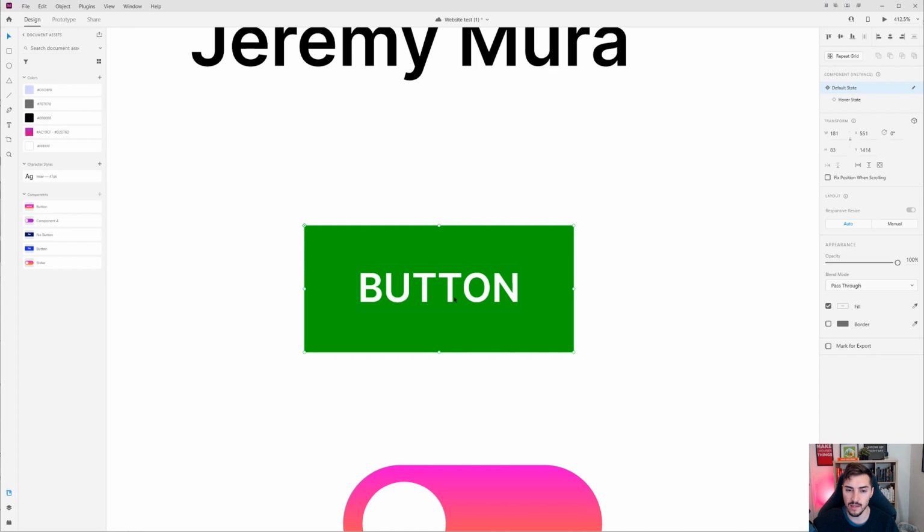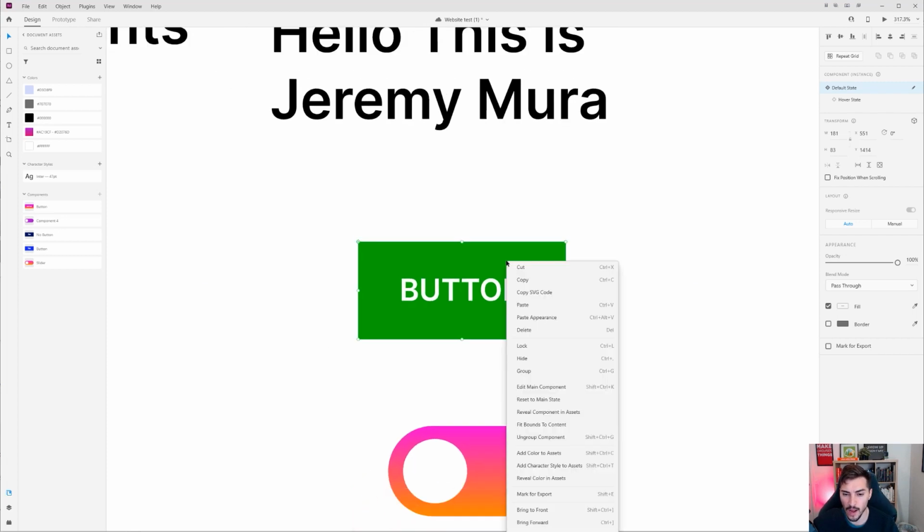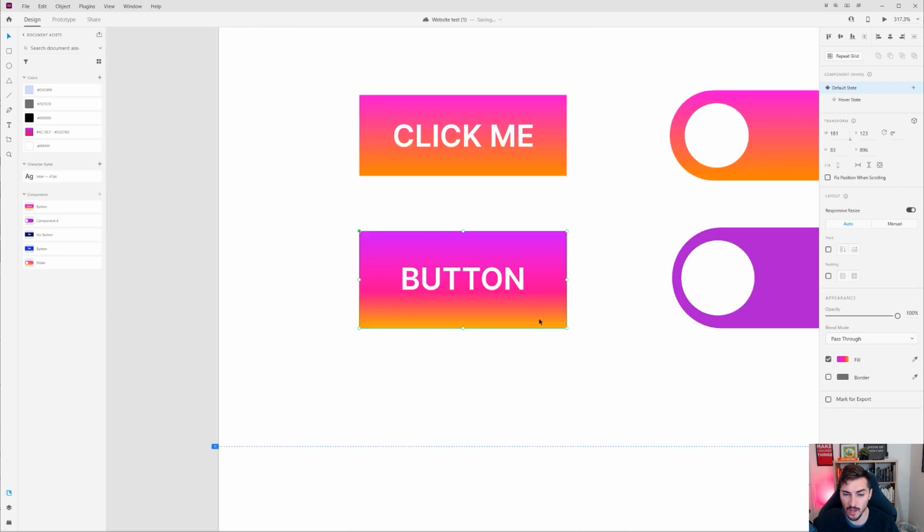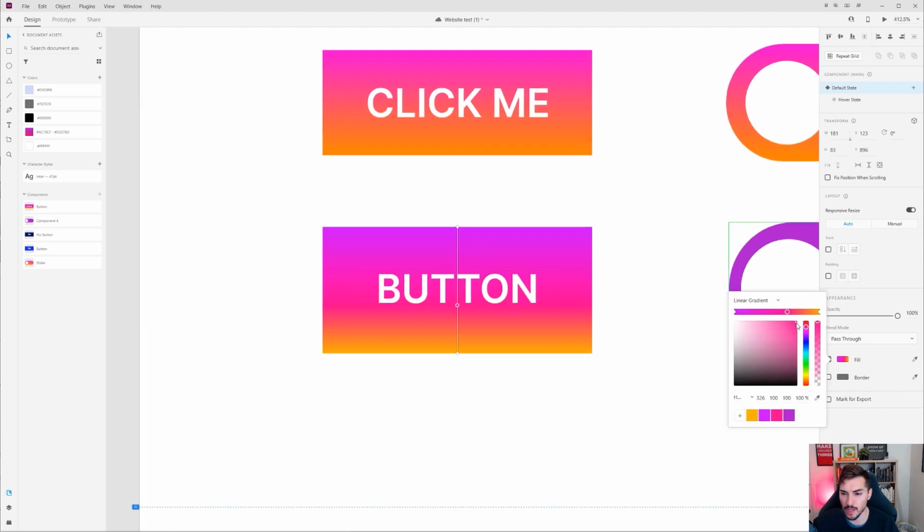And that's because this is an instance. If I go to the top right corner, it will show you that it says instance next to the component. That means it's not the main component. So if I want to edit all the buttons on the page, and if I have multiple of them, I go to right click, and click edit main component, and it's going to locate that button on the page, as you can see here. So now if I have this and maybe I want to change the gradient, maybe I want to make it, let's say like blue or something,